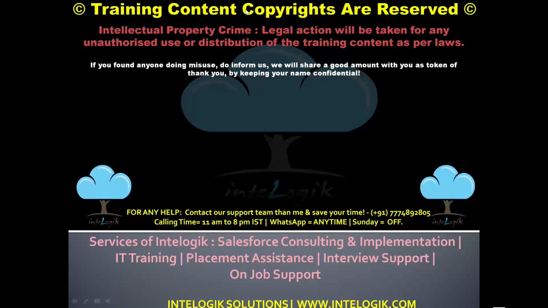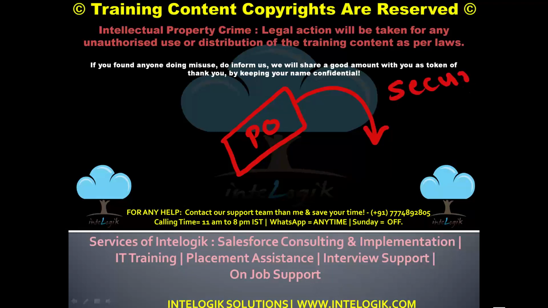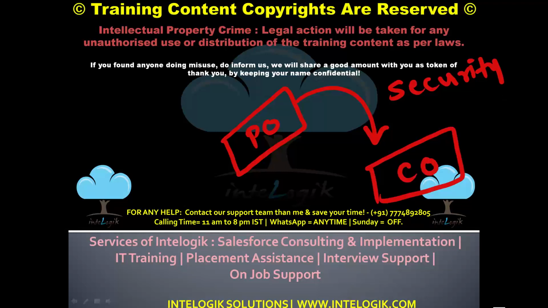Same way, in Salesforce we are having a primary object, and from that the child object inherits the security settings or access related things. The sharing settings, etc., we will see very soon what is the meaning of security setting, sharing setting, profiles, permission sets, OWDs, etc. But in simple words, the security settings will be inherited from parent to child.